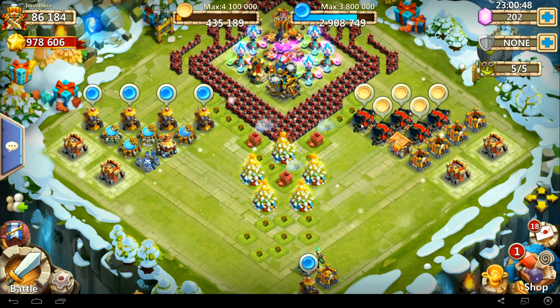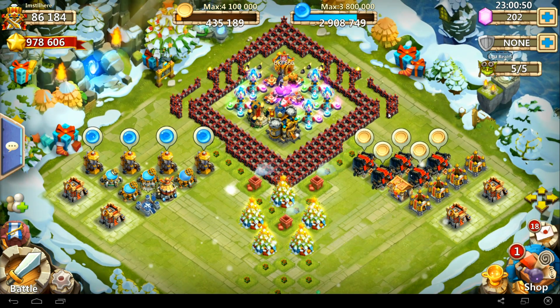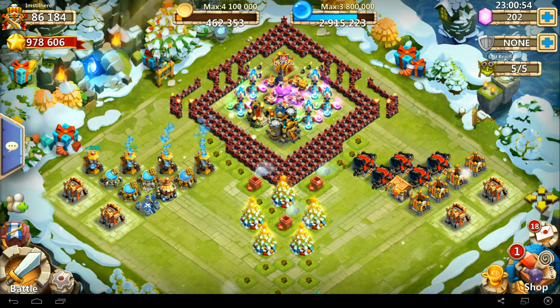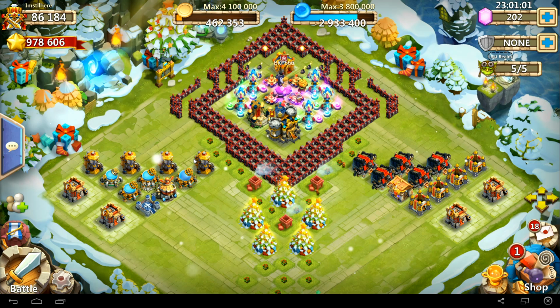Hey, people out there. So, I gotta let people know more about the base design and let them understand about the different pieces of the base design and what happens and what can be done with it. Alright. Now, if you have a level Town Hall 20 like I do here, you can use the Icebreaker version